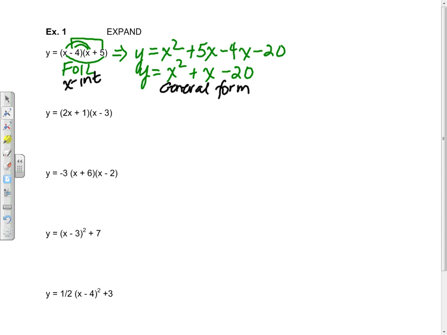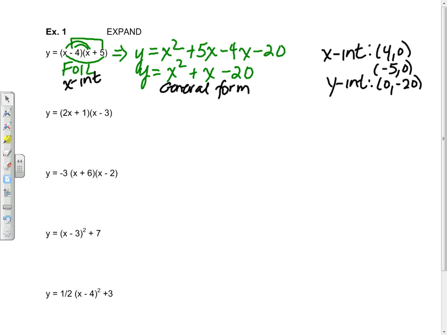So in the first, y equals x minus 4 times x plus 5, we can state that the x-intercepts are 4 and minus 5. And when we have it in general form, we can state that the y-intercept is minus 20. We could do the work to find the vertex as well from our two x-intercepts, but let's continue practice